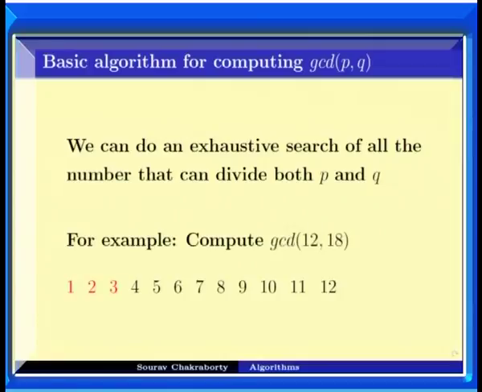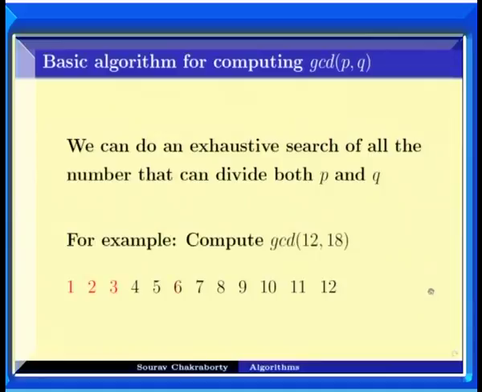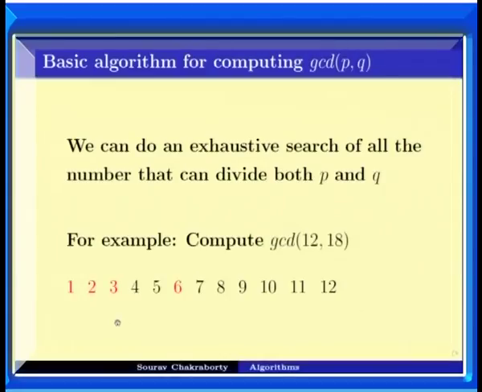Similarly for 5, and when we come to 6, we see that 6 divides 12 and 18, so we mark it red because that is a possible GCD. And then you can verify that all the other numbers will either not divide 18, or not divide 12, or both. So they are not possible GCDs. Thus we have this array with some of them marked red, and the next thing we do is go from right to left and find the first number that we encounter which is red, which in this case is 6, and